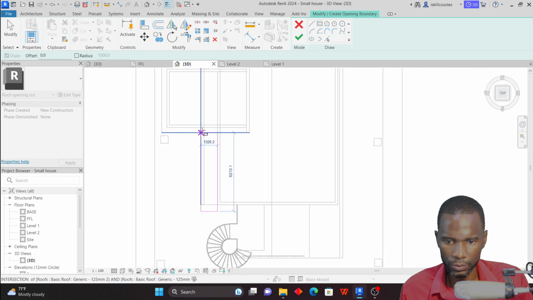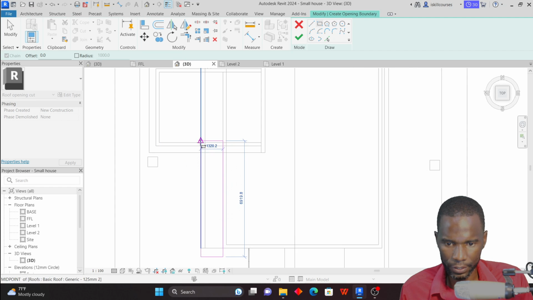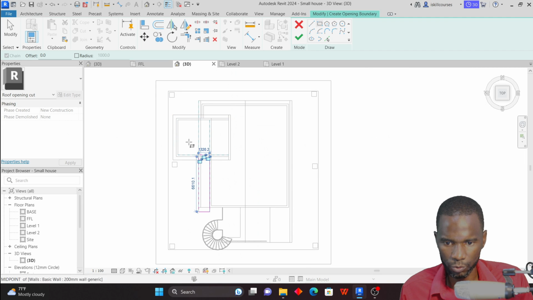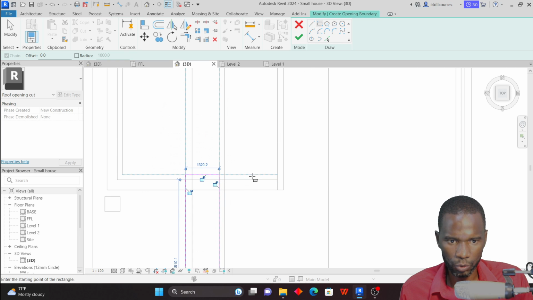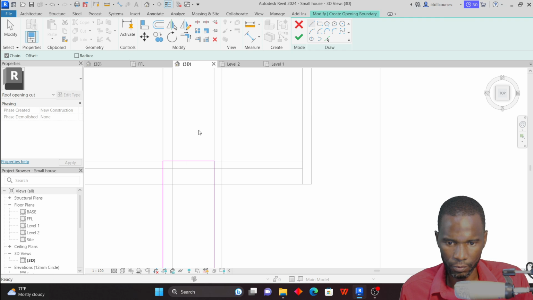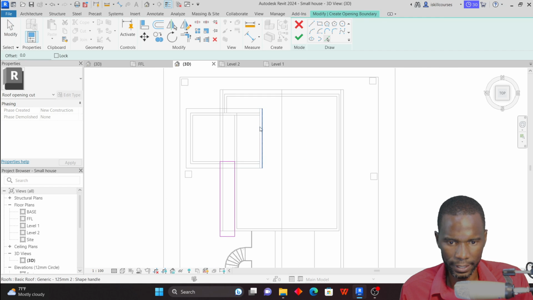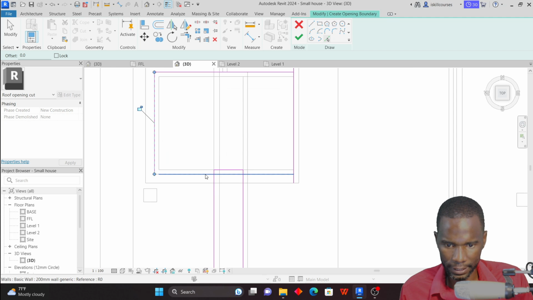Now from here, you see that we have this one. I want to show something once I reach this one, because there's an opening there. I don't want the roof to cover the opening within there. So I'm just going to use a tool to sketch by using a line. All right, so line there, or just pick lines, and I want to make sure that I cut the roof inside there by picking, I hope I'm picking the correct one. I'll pick that one, that one. Maybe let me